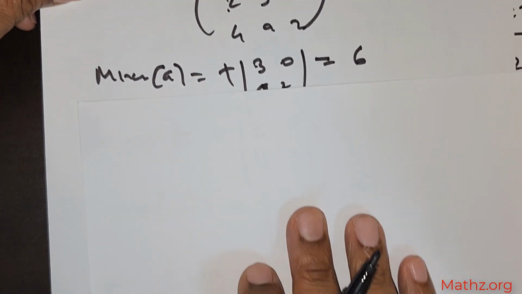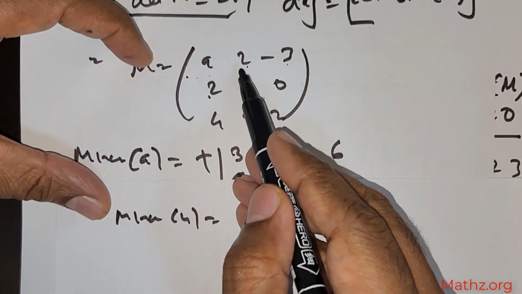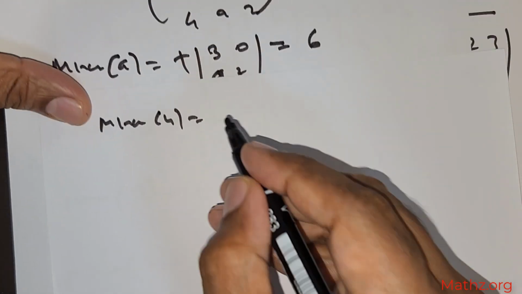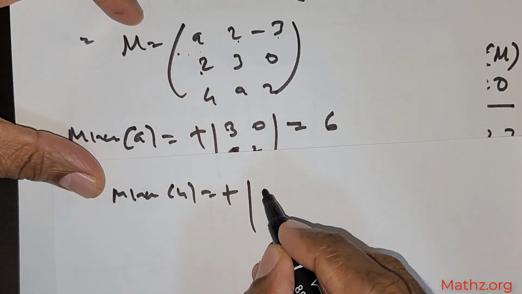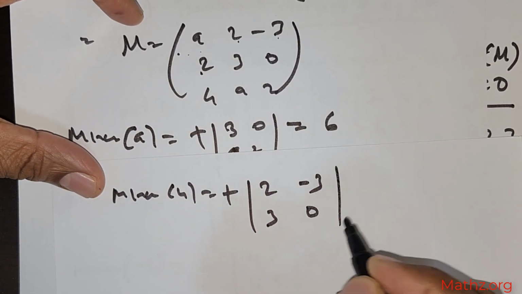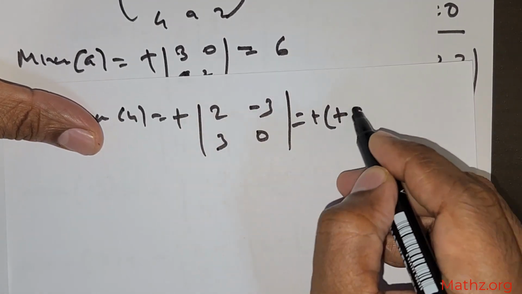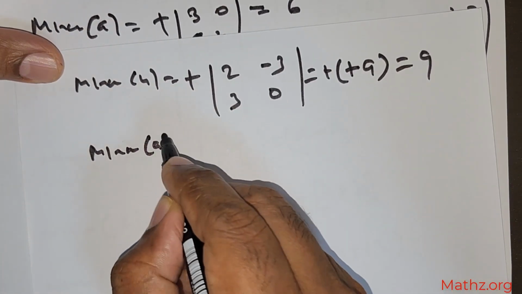So I've got the minor for 4, positive, negative, positive, positive. So leave the row and the column. You get 2, negative 3, 3 and 0. So this is going to be 0, negative, positive 9. So 9 is the value. So the minor of A,